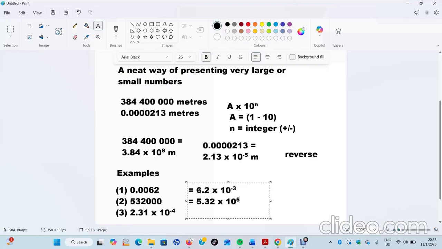And then let's take 2.31 times 10 to the power minus 4 back to its original form. It is times 10 to the power minus 4, so we expect to have 4 zeros before 2.31, and then after the first 0 we put a comma. So it's as easy as it is.